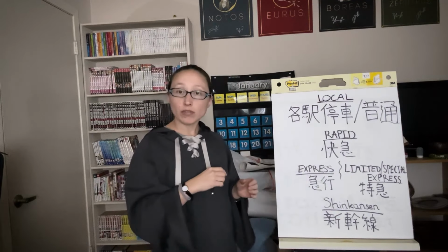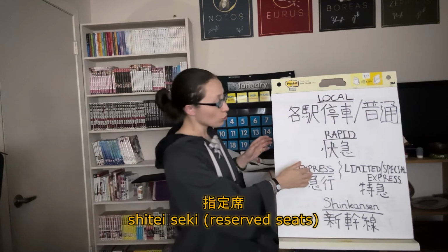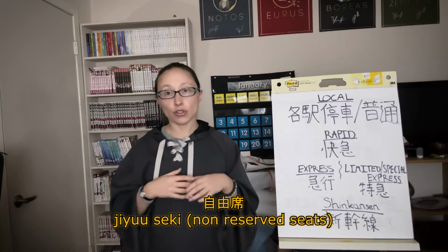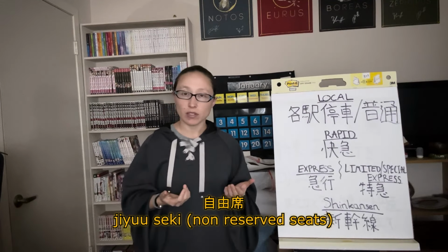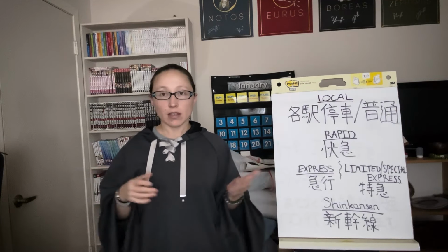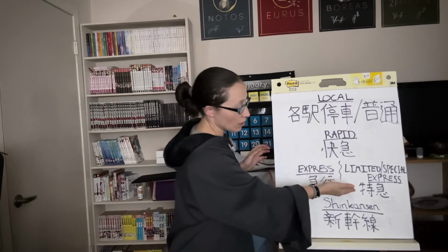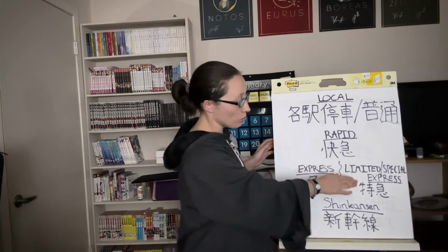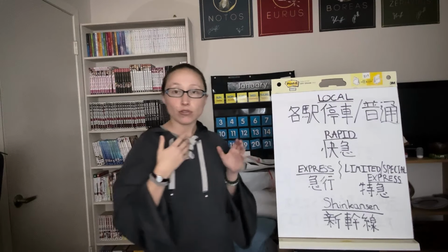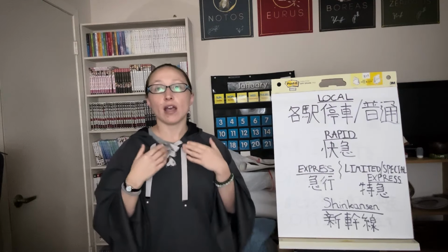Reserved seating in Japanese is called shiteiseki, and for these other trains here, all of them are going to have something called jiyuseki. Jiyuseki means non-reserved seats. The direct translation means free seats. So anybody is allowed to sit in those seats. It's first come, first served. Whereas the reserved seats, the shiteiseki that you normally see for the limited, special express, or even the Shinkansen, you're going to have to buy a separate ticket to get a specific seat on those trains,